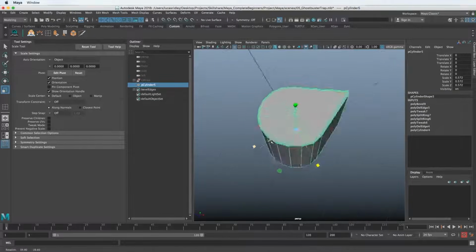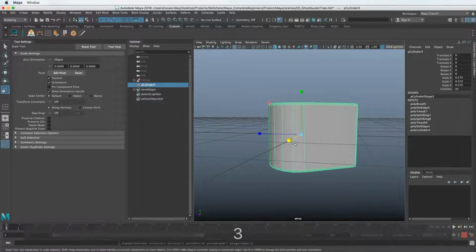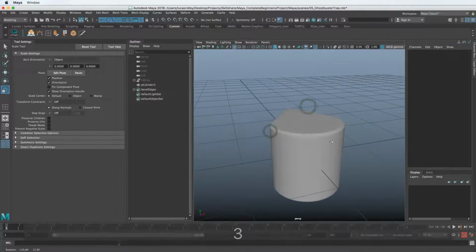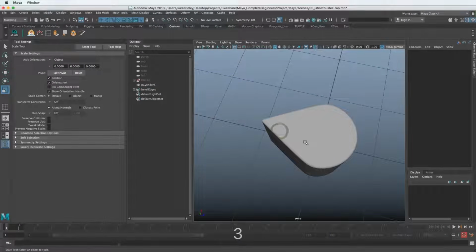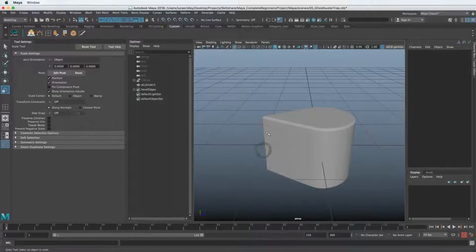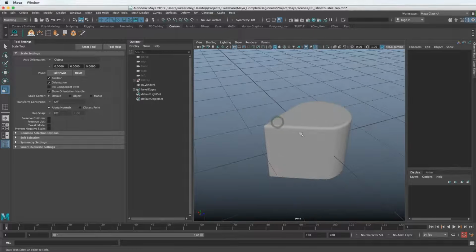One trick you can try is hitting 3 on your keyboard, and that will smooth the model. In general, in hard surface modeling, you'll probably do that at the very end, but you want to make sure all of your geometry is accurate. In this series of lessons about the Ghostbuster trap, I'm trying to model things in a way that we don't have to rely on that, and that we can be a little more sloppy with our geometry. But in this case, it works pretty well.